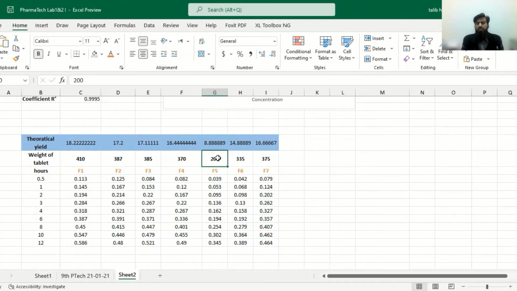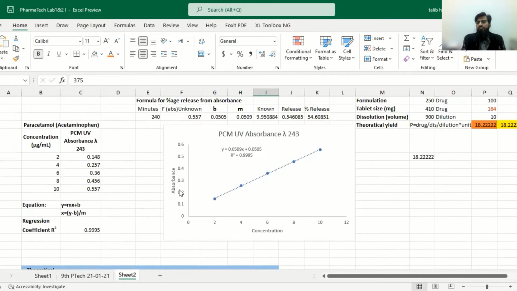This data is to give you a viewpoint that it can be calculated from maximum tablet weight to minimum tablet weight. For example, F5 was compressed only to 200 mg. Similarly, F6 was 335 and F7 was 375. So the same formula which we use to calculate the theoretical yield of a tablet which has 100 milligram of a drug.